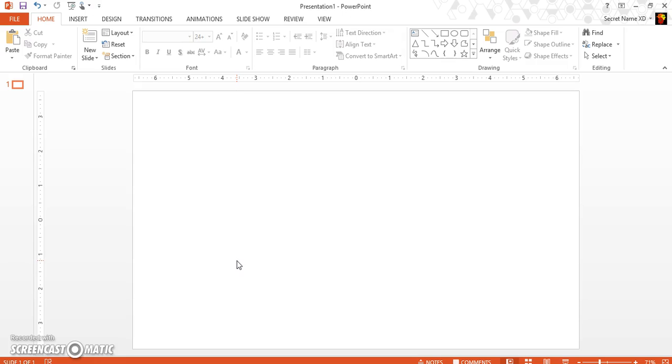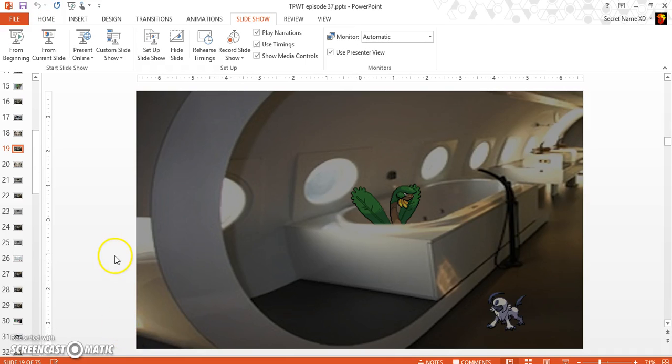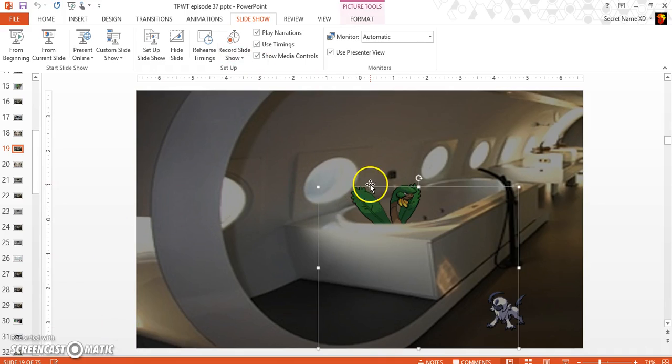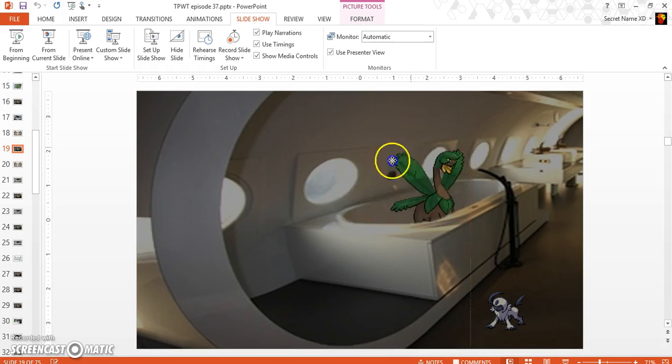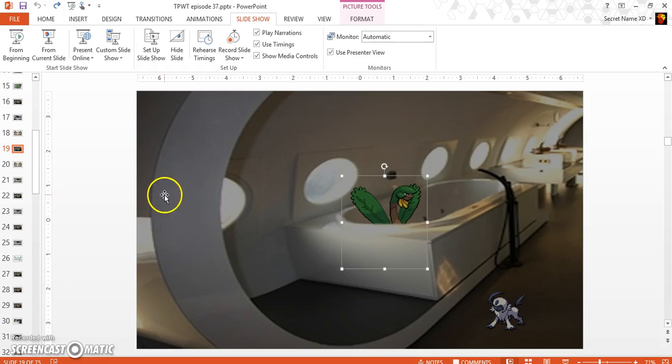So, we can go ahead and get started. I got a question about this slide in episode 37, and it was specifically about how I made it look like Tropius was inside of the bathtub, and I'm going to be addressing that,